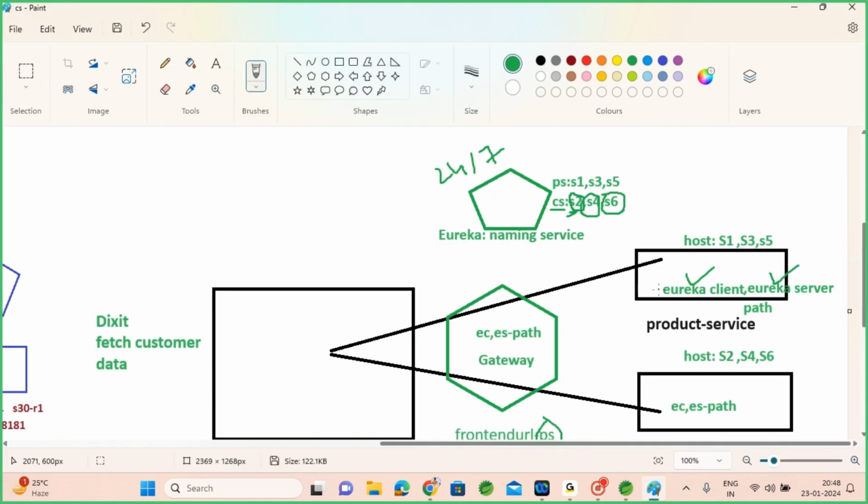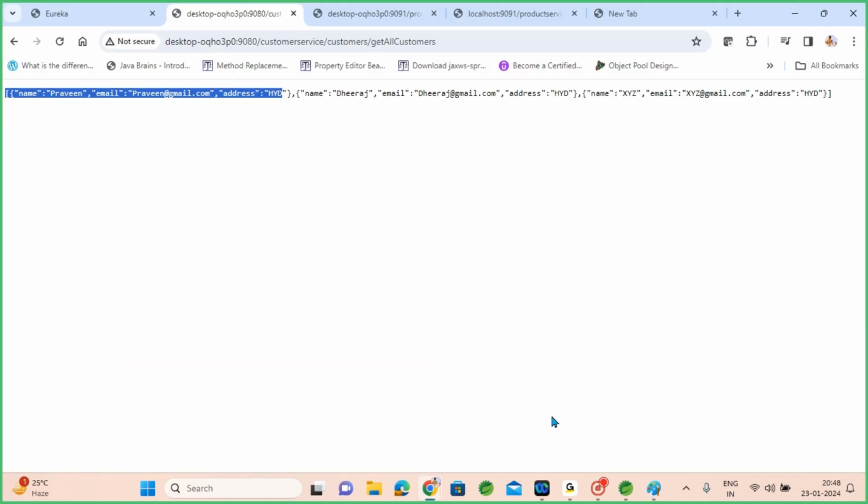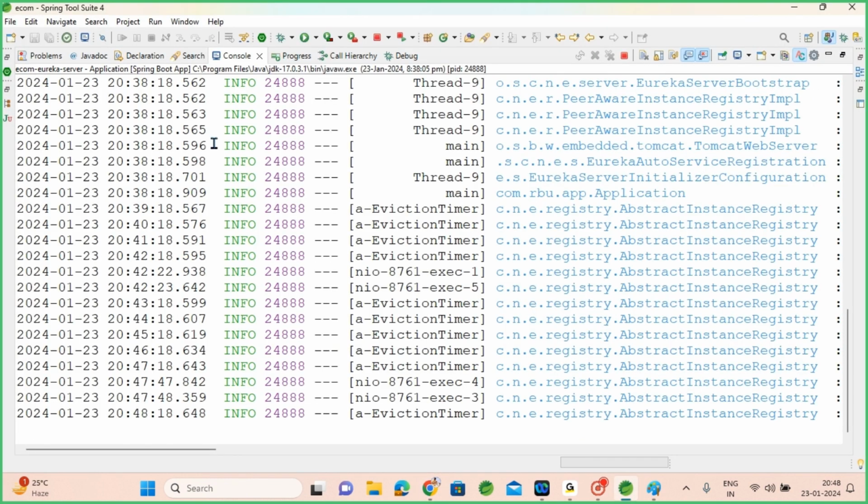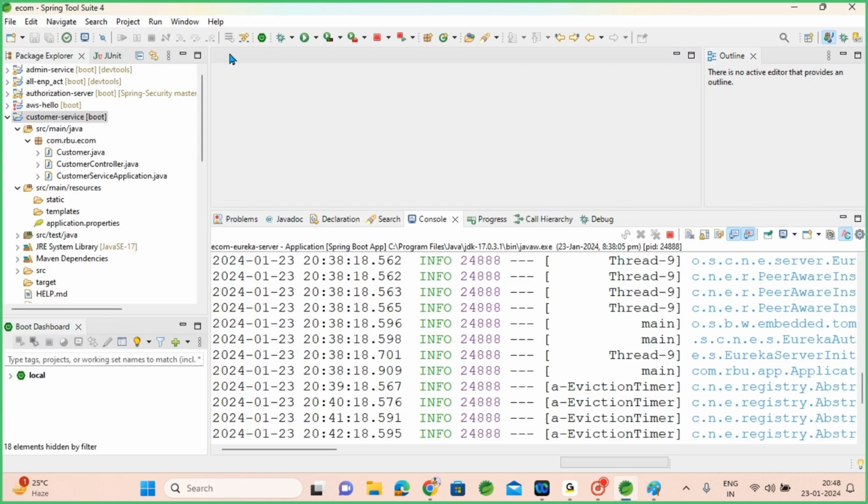Now here we are talking about load balancing. In case one service or one server is not available, it should be able to pick the next available service, for product service or customer service. So now we are running only one instance. If you want to run another instance of the same service, what you can do,